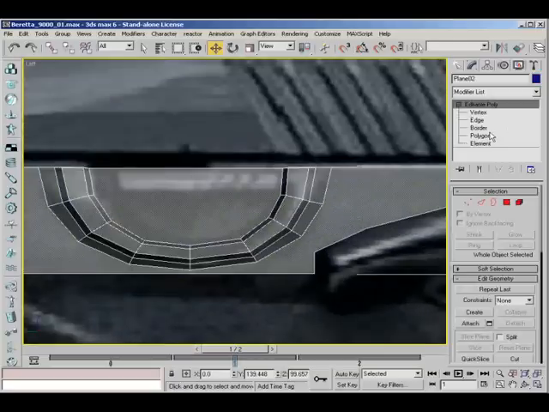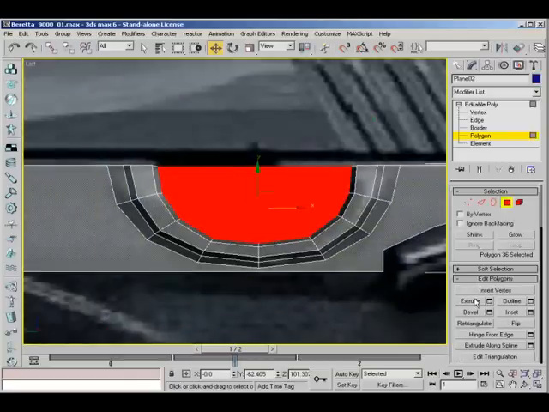Right, now just actually create the button that's inside it. I'm just going to select the face, and I'm going to actually